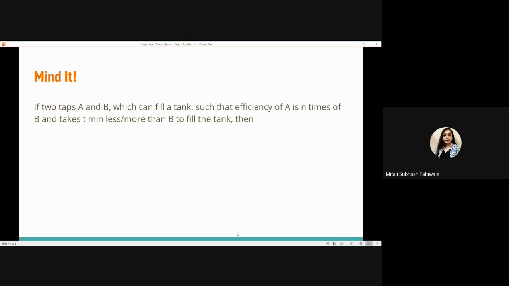If there are two different taps A and B, such that the efficiency of A is n times B and it takes t minutes less or more than B to fill the tank, then it would be